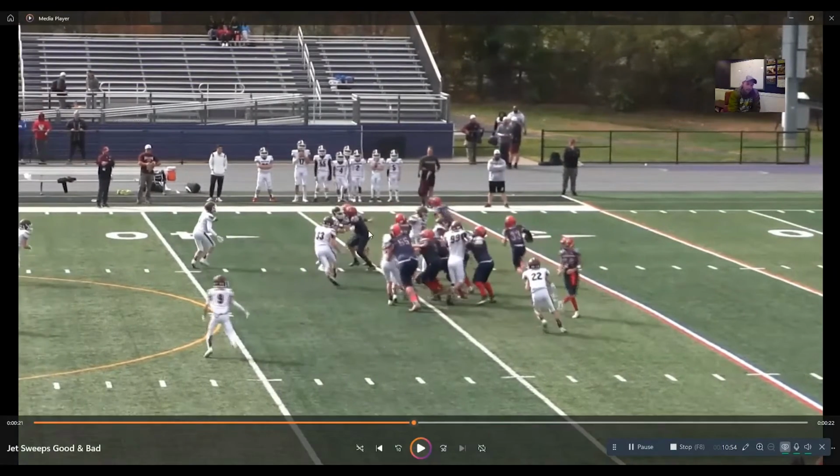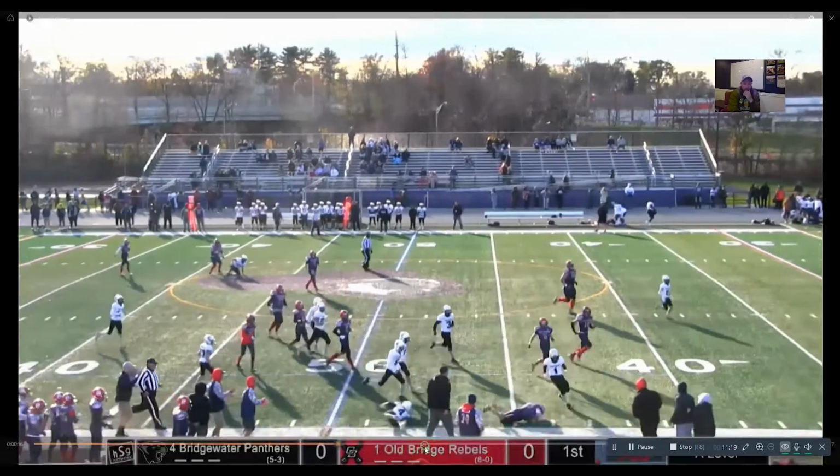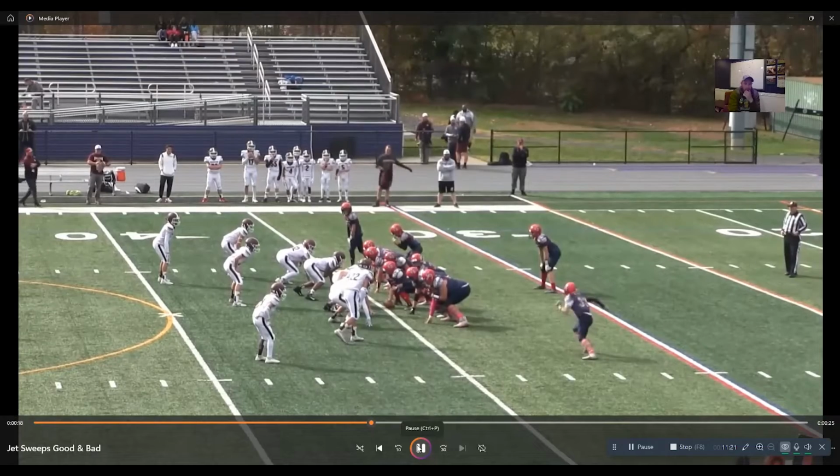Right off the bat, split end doesn't seal and work his butt to the outside. This is game like 4. It's just starting to come together for us. This is my second year with this group, but this was a new receiver, so he was somewhat new. He only got a couple reps during the practice week for it. We moved some kids around because of injury, and he had to kind of play there. So he was on and off of split end. He did a good job sometimes, but here,